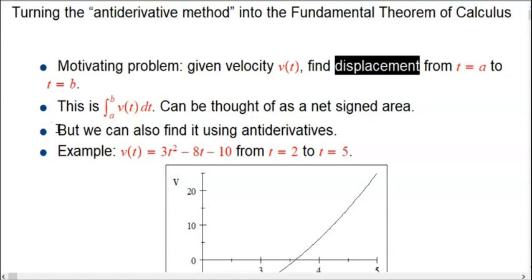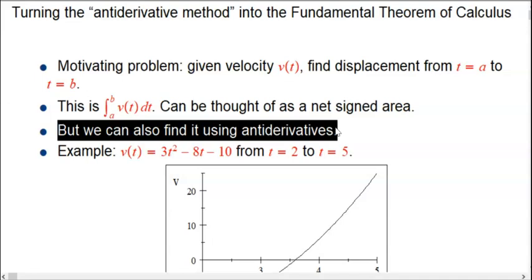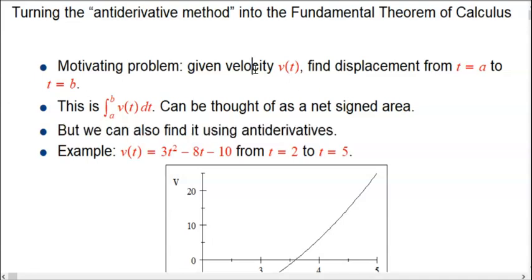And then I just point out, as I do in some other videos, that we've already known how to do this problem. If I'd asked this problem a little while ago, given velocity, find displacement, we would use the antiderivative, if we could find it, which is a big if, to find the position function, and then just calculate the difference of two values of the position function. So let me do an example here two ways. I'm going to use the language of velocities and displacements, and then I'm going to streamline it into the notation we're going to use from now on